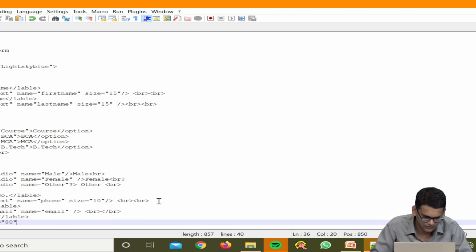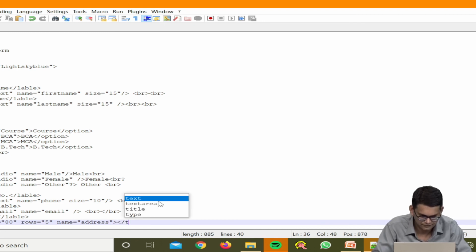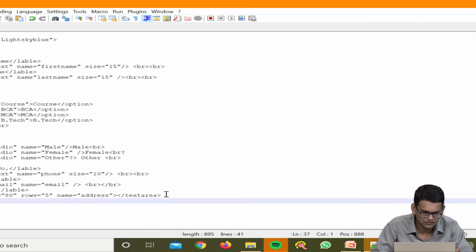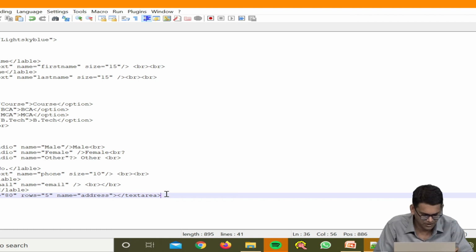Suppose we are having 80 columns and 5 rows in that one. We can add name here, not the value, name is equal to address, slash textarea.